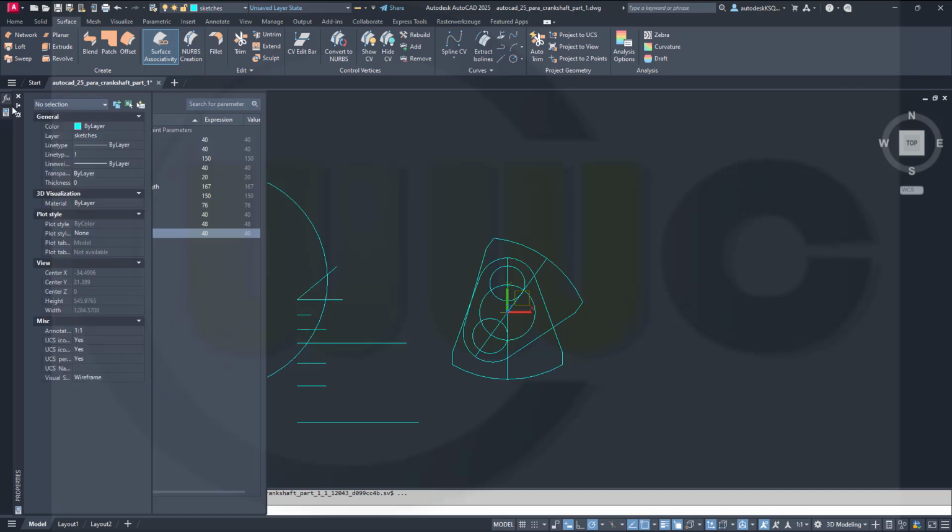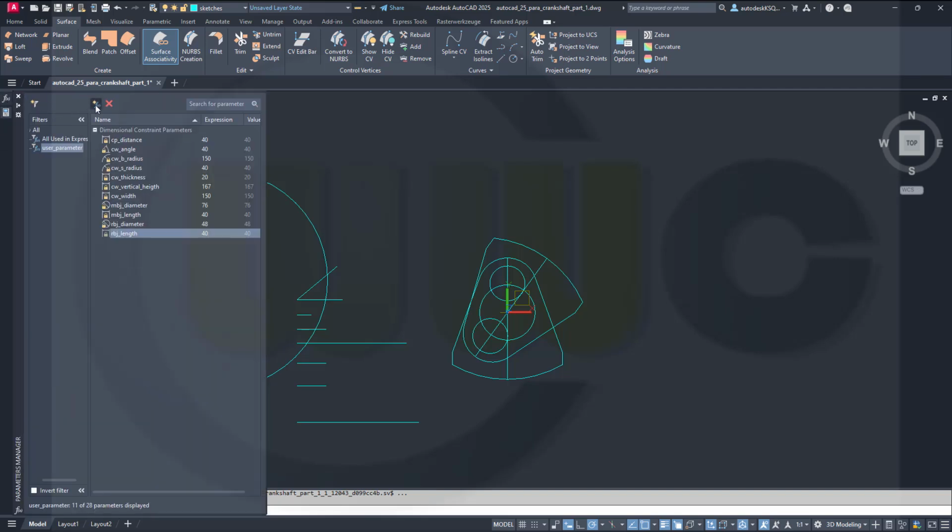Okay, I think I will need 4 new parameters, so let's create a new one and call this one the rod bearing journal offset. And this will be, of course, the thickness of the counterweight. So this one will be the counterweight thickness. I need another offset, and this will be the offset of the second counterweight. So let's call it second counterweight offset. And this will be